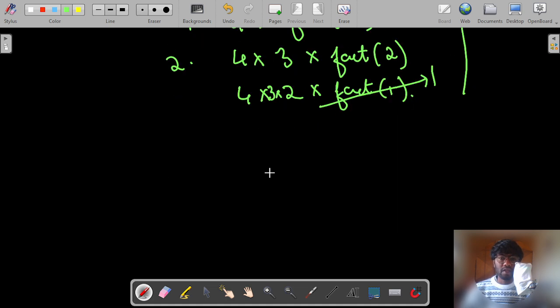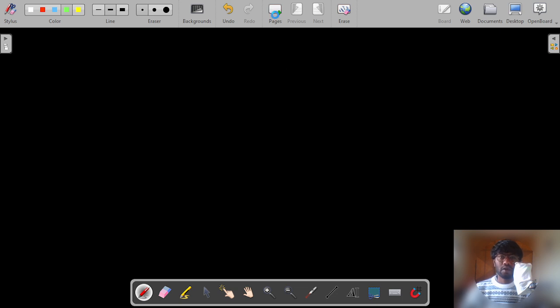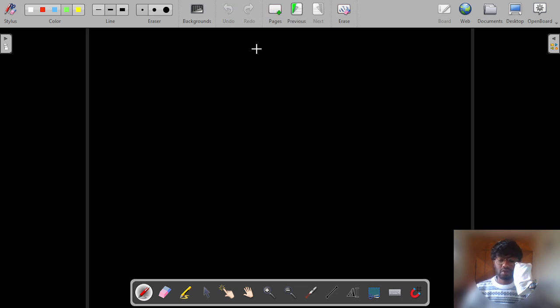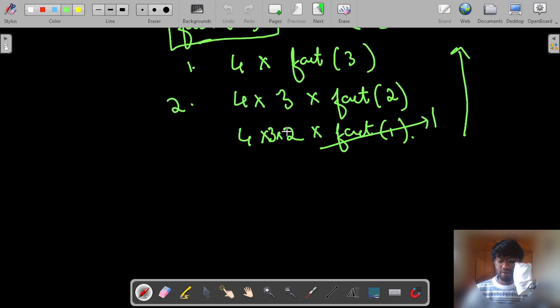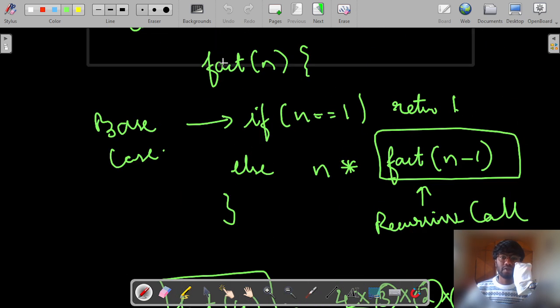There can be many examples of recursion. We can have binary search done with recursion, and the Fibonacci series, where we add f of n minus 1 plus f of n minus 2. There are also problems like tree traversal or graph traversal that we can do with recursion, right? One of the advantages of recursion is that it is much cleaner when compared to iteration. If we need to perform iteration for the same piece of code,